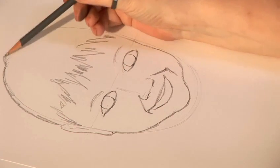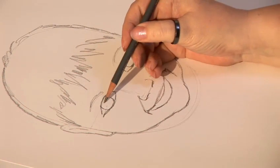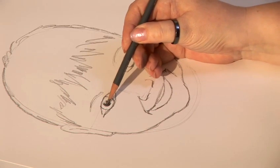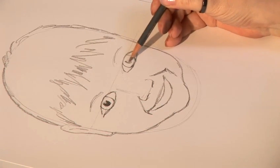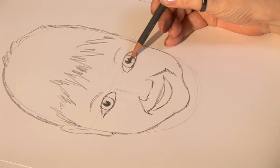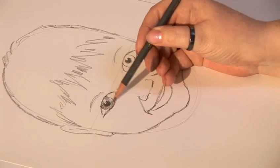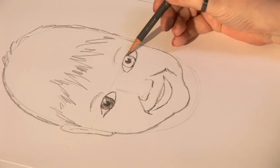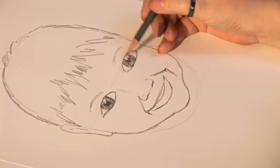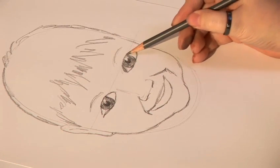And I can darken it up as I go along, but I just want to show you the eyes completed first. So we'll put some pupils, very dark, both eyes. It looks a little bit cartoony at this stage, but the more shading and tonal work you put in and the more time you have to spend, the more realistic the face will become. And if you're working from a photograph, obviously you've got all the time in the world because it won't wriggle and run off. Right, let's just put a bit more darker tone under the top lid to give a feel